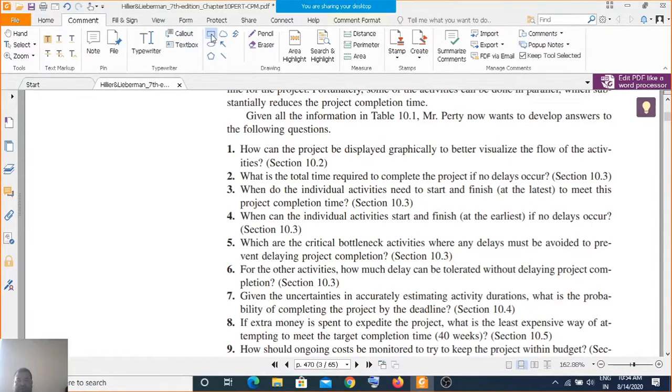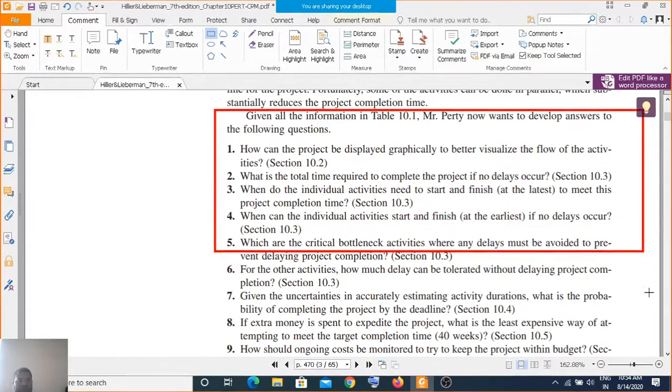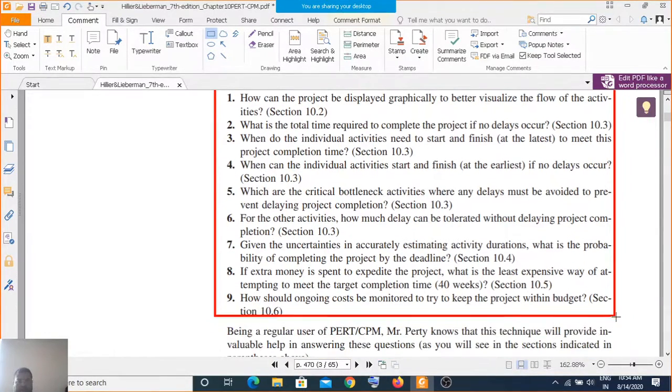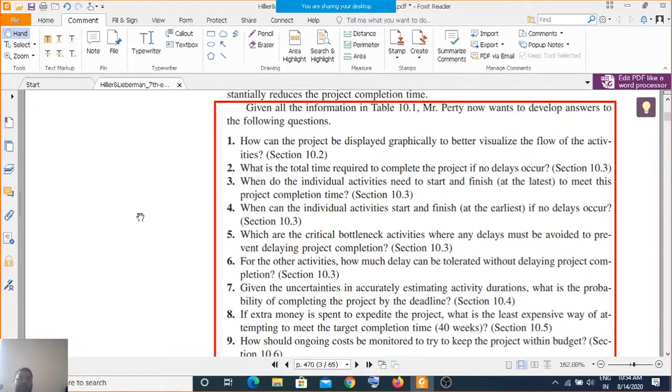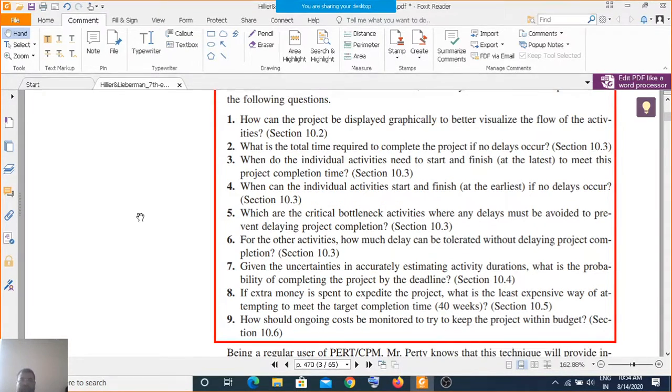This is why project management, or project management network diagrams, are very important. Why are these important? Because it actually minimizes the cost involved in implementing the entire project, and thus increases the profit of the complete organization. And so, how can the project be displayed graphically?